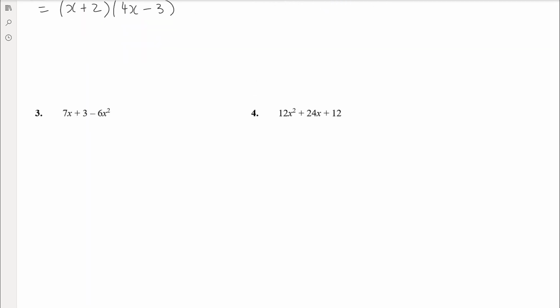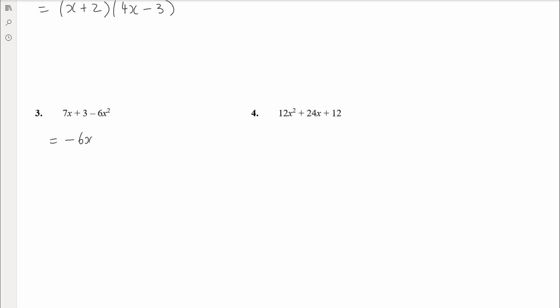Okay, question 3, we need to be a bit careful here because the terms aren't in the right order. So it's important when we talk about... that's why I don't tend to talk about the last number and the middle number. I tend to talk about the coefficient of x and the constant term because they don't necessarily have to be written in the middle and at the end. However, it's easier in our brains if we have the same kind of process. So we're going to rewrite it to make sure that we've got the terms in order with the x squared